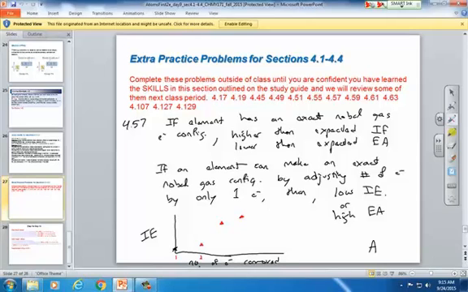So if I'm comparing like arsenic with calcium, calcium's valence electrons are in the 4s, arsenic's valence electrons are in the 4p. So those both have 4 levels of electrons,